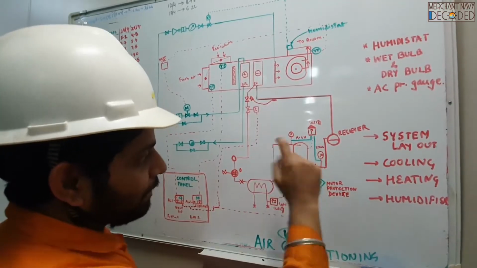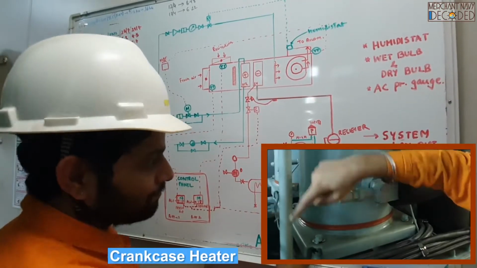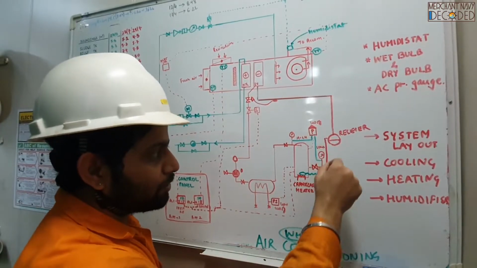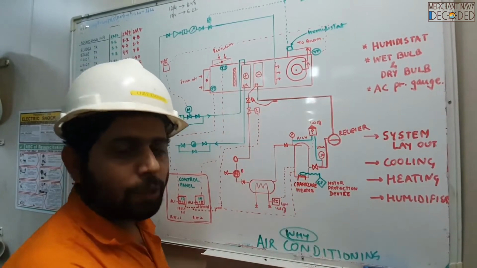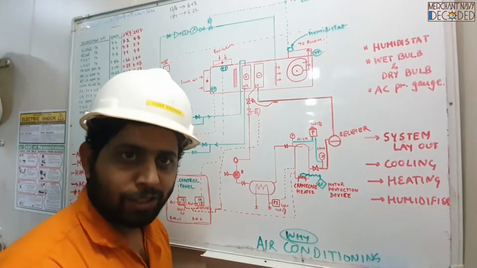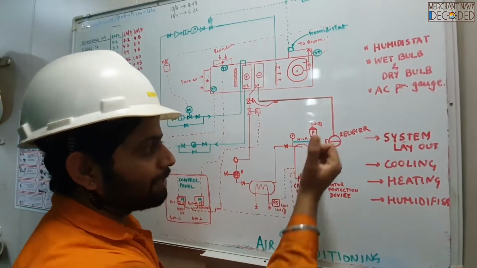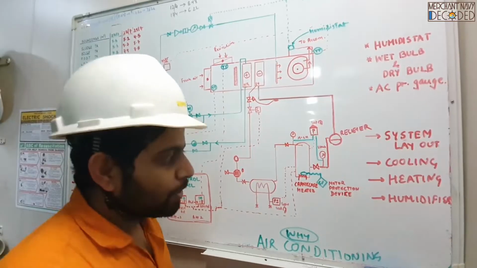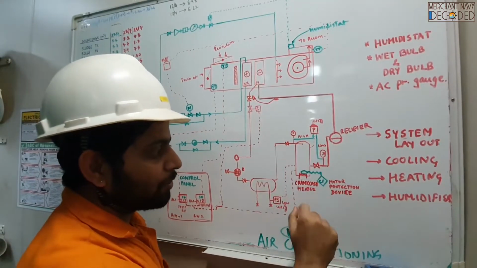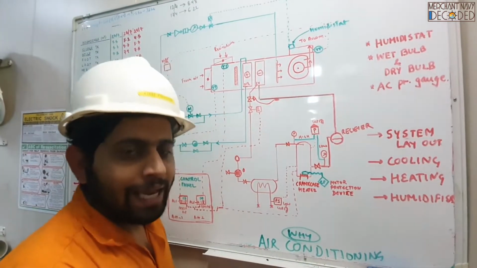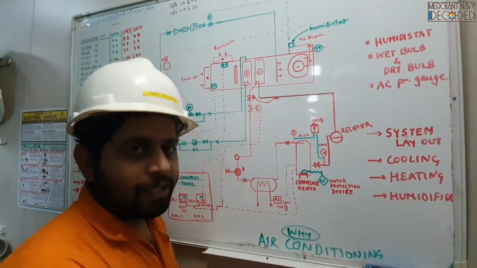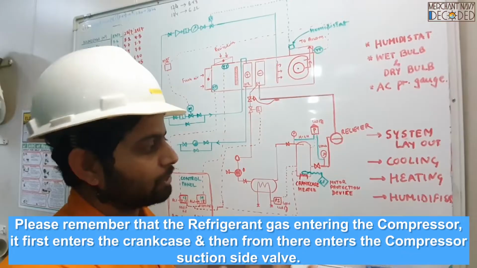Okay. So this compressor over here has got a crankcase heater. Why a crankcase heater? Okay guys, when your compressor is not running, you do not want the refrigerant which has come over here to get into liquid and become miscible with oil. You want that refrigerant to get vaporized and always get sucked in towards the discharge side, right? So when the compressor is not running, this crankcase heater becomes on and ensures that the refrigerant which has come into the crankcase side is always in vapor state.